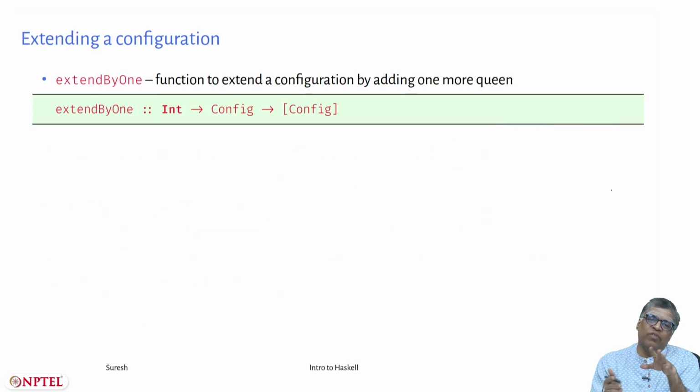Okay, so now we have to program all this. It's one thing to draw it out and visually check that it is the correct configuration or not, and even that works only for an 8 cross 8 chessboard. We are talking about generalizing it to n cross n, where n could be anything. So suppose you are given a configuration which is valid and I want to extend it by 1. How do you do it?